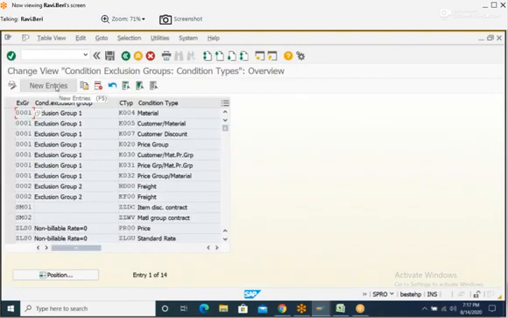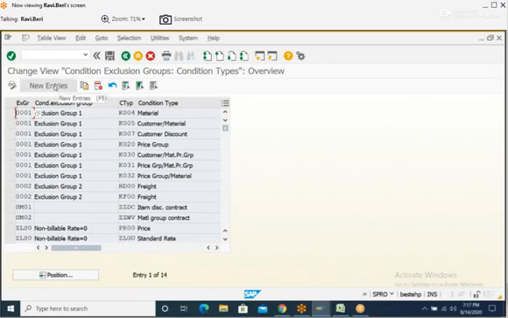Go to new entries. See how many condition types we want to group. 4 condition types. That is B004, B005, B007, B020. So you need to assign these 4 condition types to your exclusion group, which you define B100.